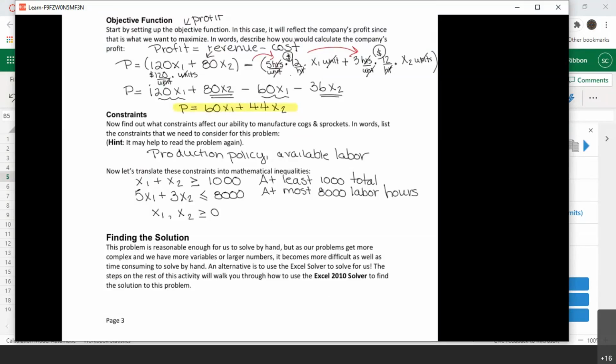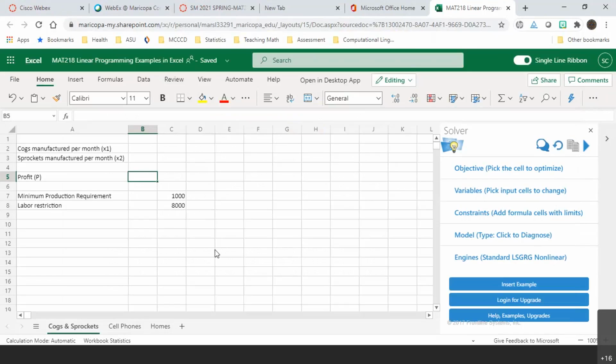I need to type 60 times X1 plus 44 times X2. X1 and X2 are in certain cells in the spreadsheet, so I'm going to go back to Office 365. Remember, formulas start with an equal sign, because I'm asking Excel to compute something. My profit is 60 times, so I need a multiply, which is the star, shift on your 8 key. Then I want the cell that's going to contain X1. In Excel, all you need to do is click it and it puts B2 right in your formula. Then to that I want to add